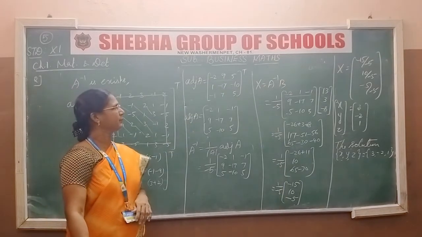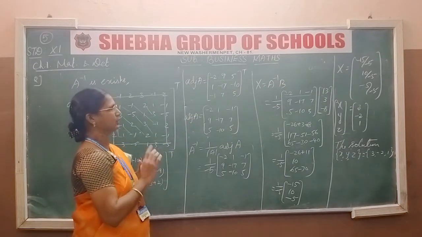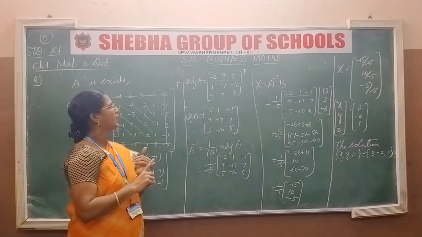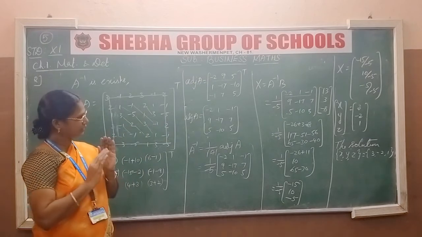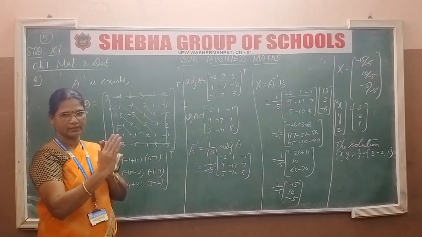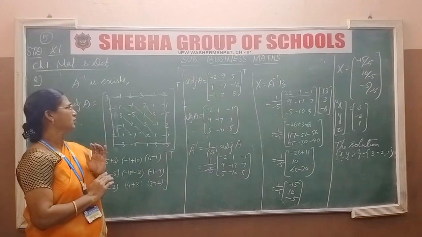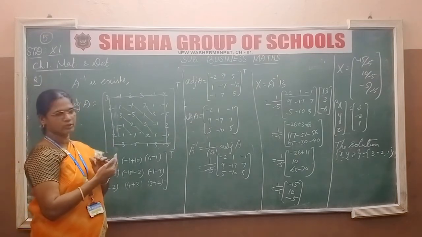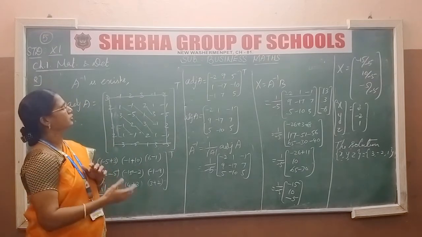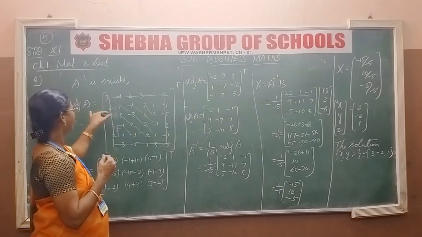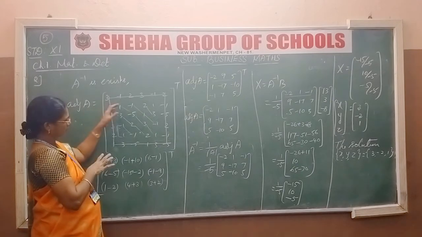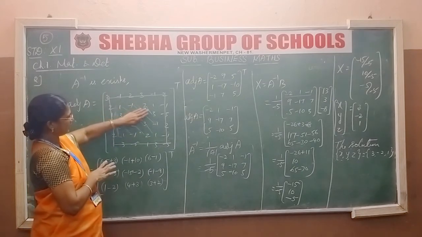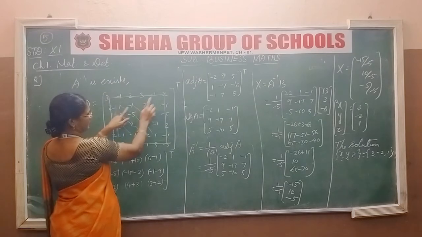So by matrix inversion method, first write the matrix form and then find determinant A value. If determinant value is not equal to 0, we will find A inverse. So the value is not equal to 0, it is minus 5. So we find the A inverse. Before finding A inverse, we find adjoint A. Adjoint A is this. For adjoint of A first we take 4 times.